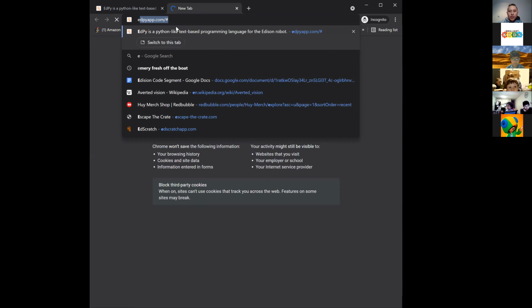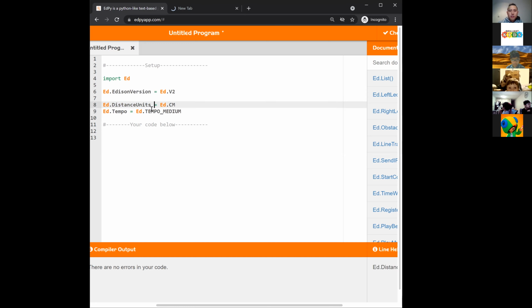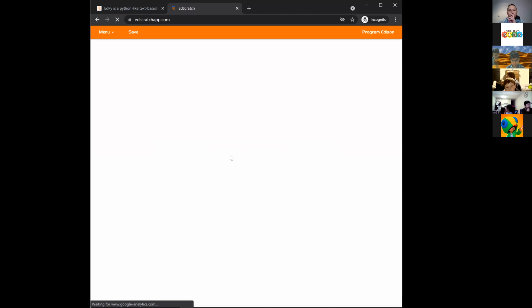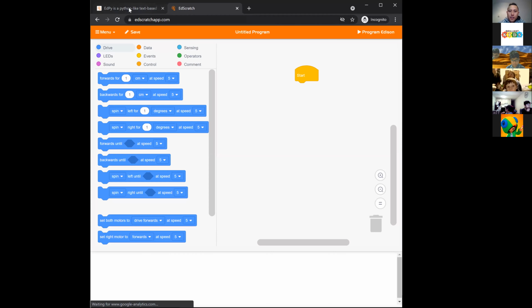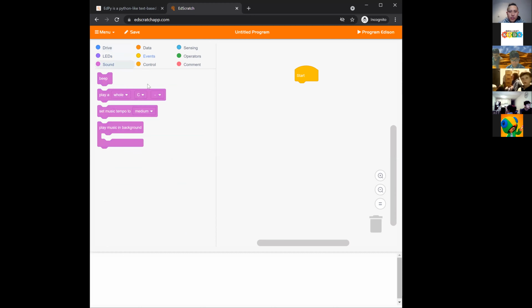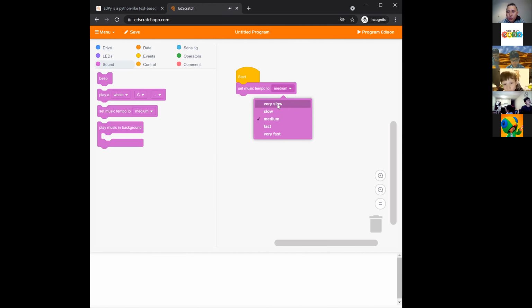I'm just going to quickly show what this is equivalent to so you have a better understanding of how it works. This shows how we've done this in previous terms, the difference between the tempo and the medium as well. This is equivalent to set music tempo to slow, medium, and very fast. This is how we did it in Scratch.